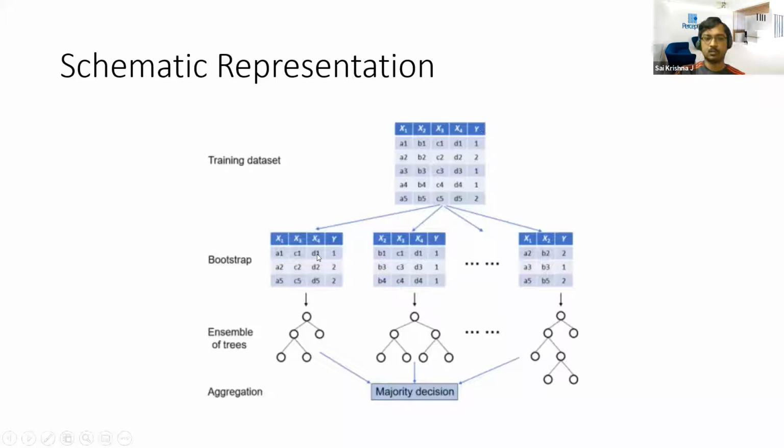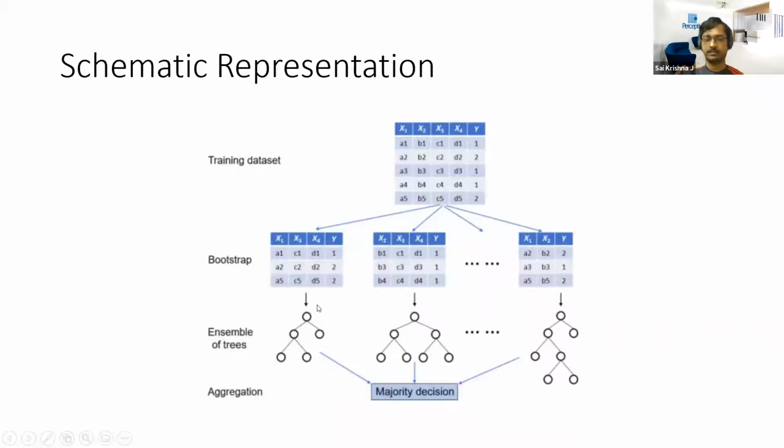Now this is the bootstrapping step that the random forest does. It takes many combinations of the variables. In the first bootstrapping table, you can see that x1, x3, and x4 are the columns that have been considered. In the next one, x2, x3, x4 have been considered, and so on. It will consider many other combinations of columns, and finally you have x1, x2, and y. So in each iteration, it will consider different combinations of your independent variable columns along with the dependent variable, and then for each of these combinations it will build a separate decision tree.